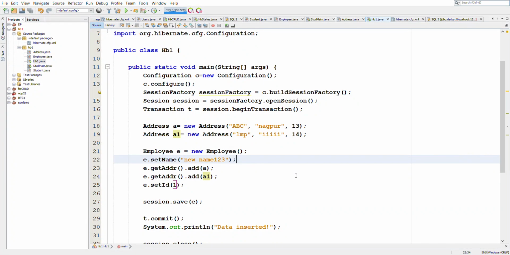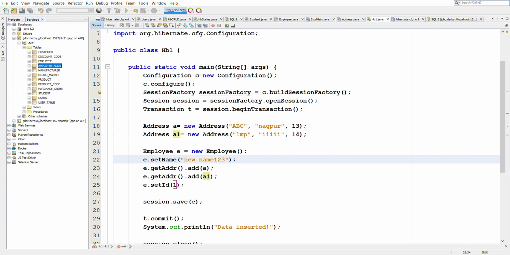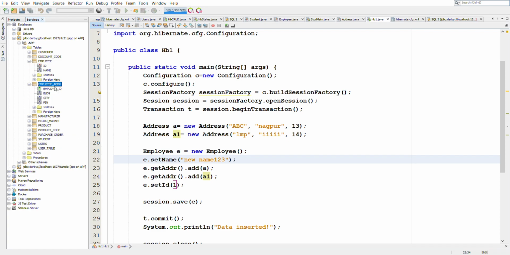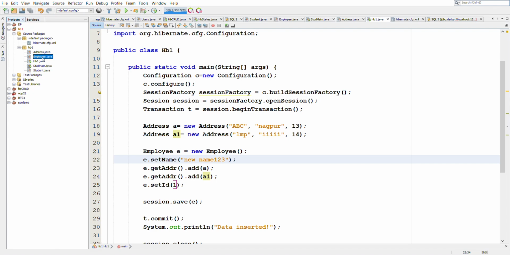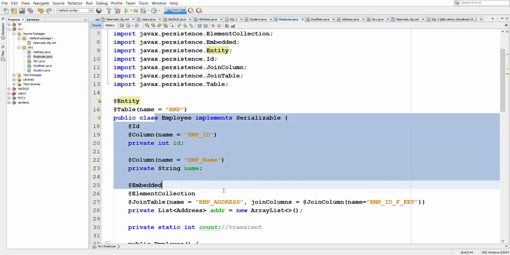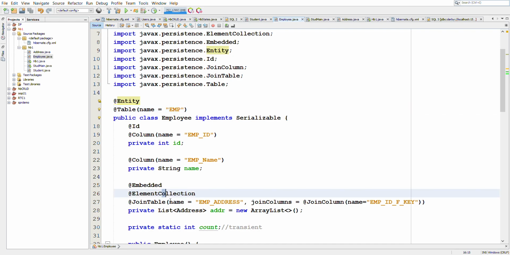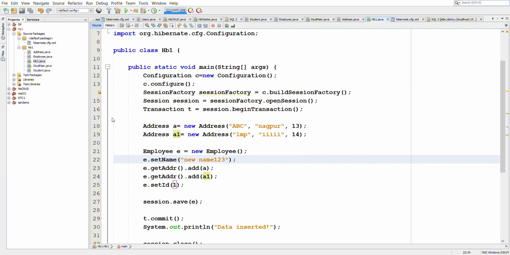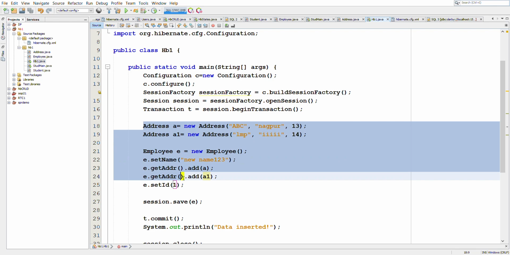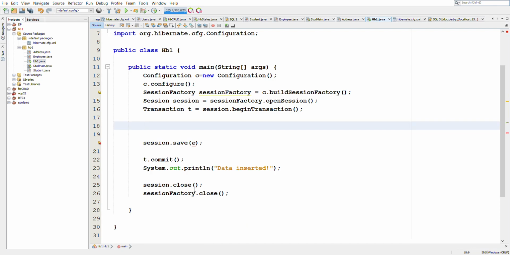In this video, we will see a demonstration of how the persistent objects are fetched from the database. We will be working with the already existing tables. So we already have this table employee and employee address, which we had created using this employee class. Employee has a list of addresses here, ADDR. So we will just be fetching the employee and the address associated with that employee, and we'll see how Hibernate fetches these objects.